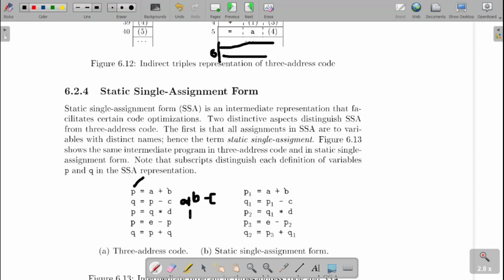Again, P equal to Q star D. So what is the Q? A plus B minus C, star D. So this result I am multiplying with the D over there. Then again P equal to, we are doing. That is, once we feel that it is not needed, we are reusing that variable. That's our human tendency. Whenever we feel the numbers are no longer of use, we are going to reuse them.